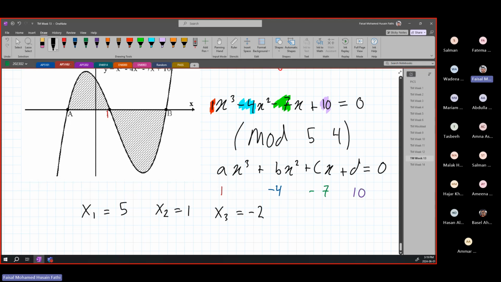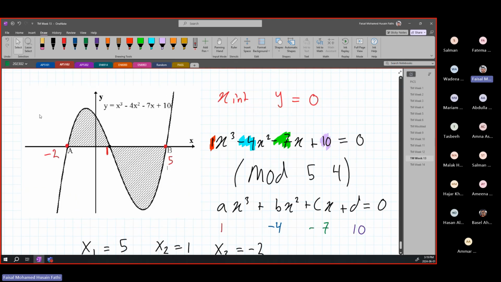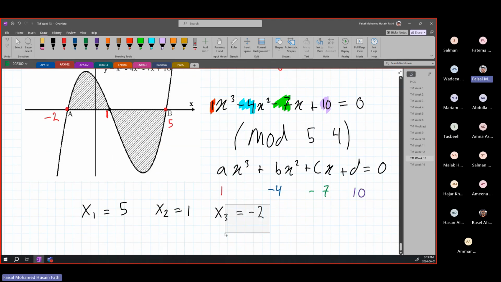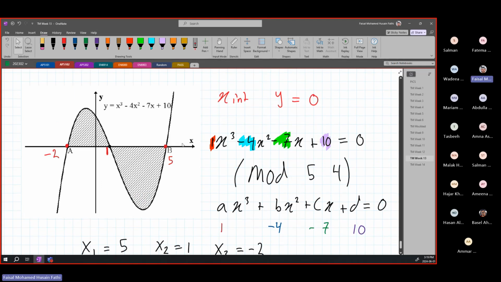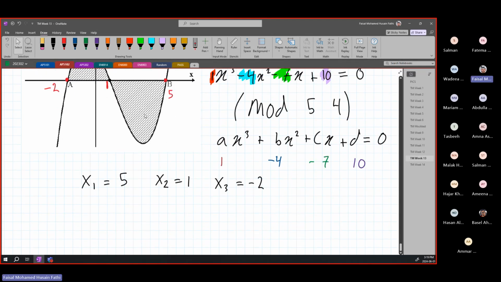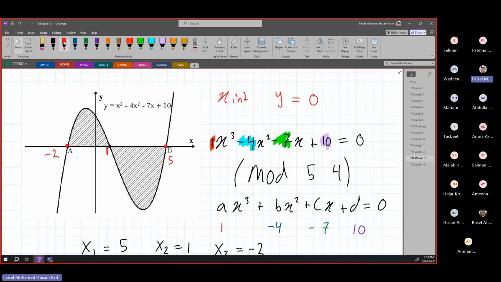All right, very simple. So our 1 is already given over here in the middle, and then you go in order. So minus 2 is obviously going to be the first value, the smallest value, and then your x1, which is 5, is going to be over here. Okay, you guys have to know how to do this, obviously, the smallest to the largest. Now, all you're going to have to do is integrate from minus 2 all the way to 5.